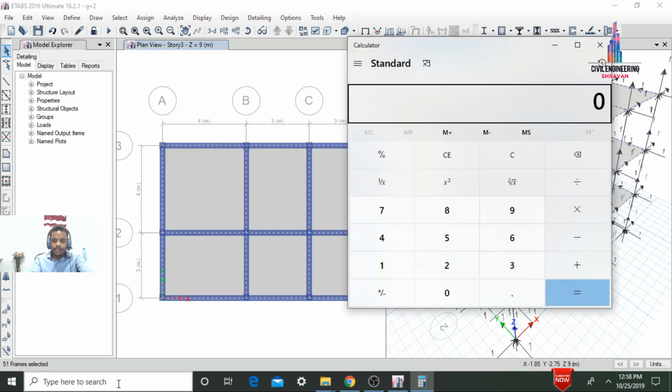So here we need to calculate the dead load of the beam with the help of the dimensions. We need to multiply those dimensions with the help of unit weight of the concrete. For RCC section, I'm considering it as 25. Click on OK. So it will be consisting of 1.725 is the load in kilonewton per meter, which acts for the respected beam sections.